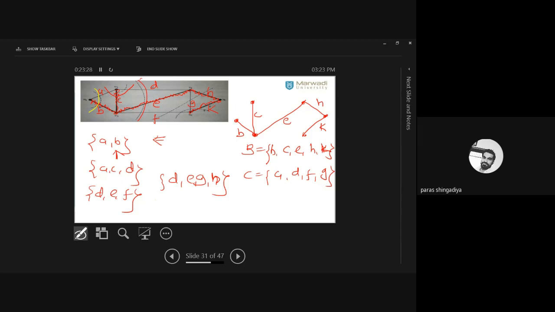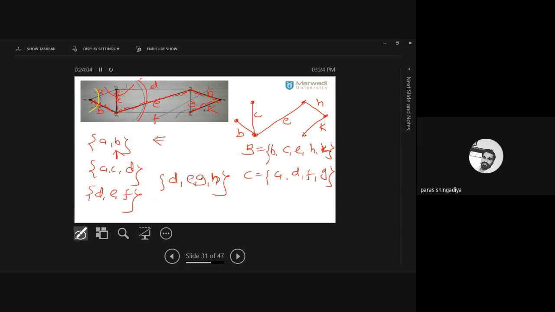Why is it not a fundamental cut set? Because it involves 2 branches, and our condition is that you have to involve only one branch. So which 2 branches have I involved? E and H. Both are branches, because they are part of the tree. Therefore it is not a fundamental cut set. Based on that we can derive one result: every cut set is not a fundamental cut set,